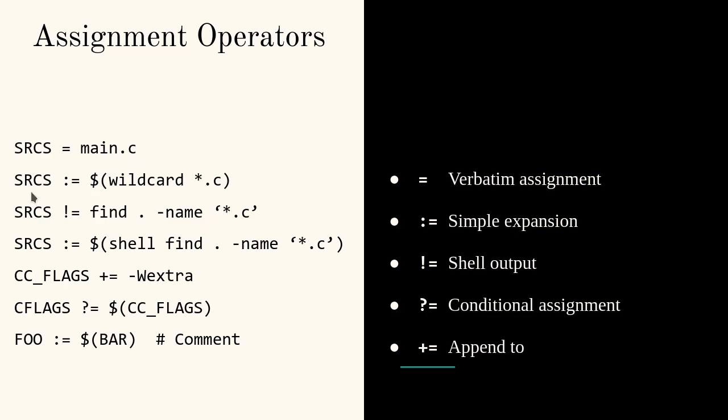evaluate. Like if I had made the second line and the first line identical except for this colon, it would be a verbatim wildcard *.c, but it wouldn't evaluate it. It wouldn't actually call that function. And then if we say sources2 is colon equal, use a simple expansion, then it would expand and call that function. They call it simple expansion, but really what it is is unlimited recursion. So if you had several functions stacked up here that all did the same thing, it would recurse down all of the functions until it's just text. There's no dollar signs or